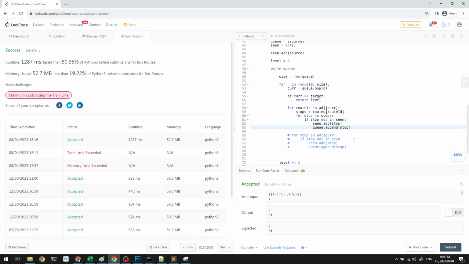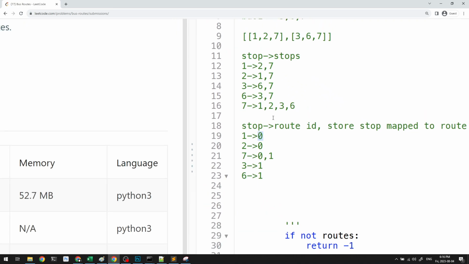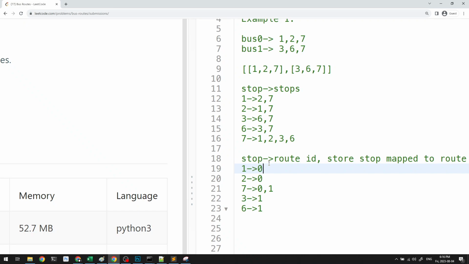Okay, so it works, but notice it still takes quite some time, right? It takes like 1.2 seconds. So we can actually further speed this up. The way we can speed this up is we can notice that, for example, if I'm processing this one over here, then this one is linked to stop number 0, which basically means, not stop number 0, route number 0. So this means that when I arrive at stop number 1, I will try to visit every stop in